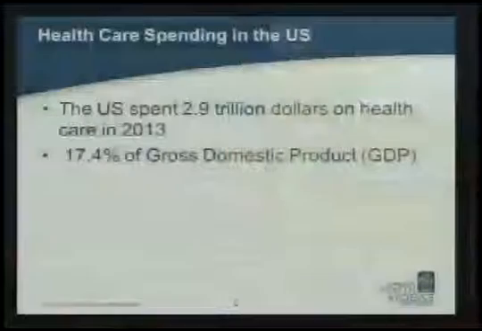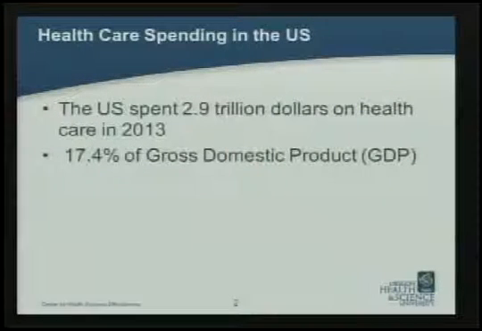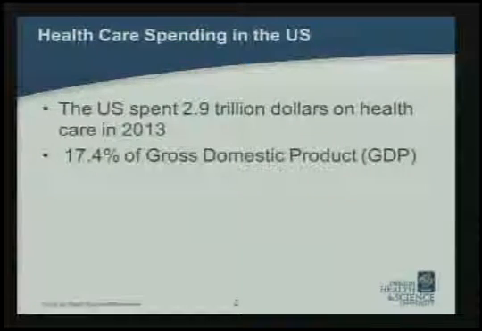So we're going to be talking about some nitty-gritties of that, and of financing of the healthcare system in general, today. Before I get into that, some broad context, first on healthcare spending in the United States. In 2013, the United States spent $2.9 trillion on healthcare. That number is only bigger for 2014. It's projected to continue to grow. That's roughly 17.4% of gross domestic product, which is the sum total of all things that are bought and sold in an economy in a given year. So truly a tremendous amount of what makes up the U.S. economy.